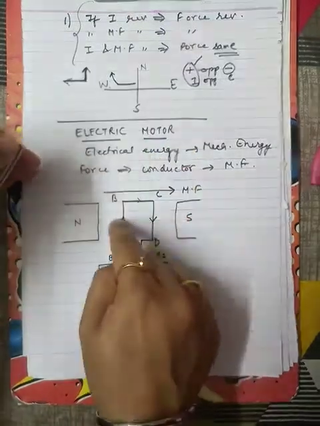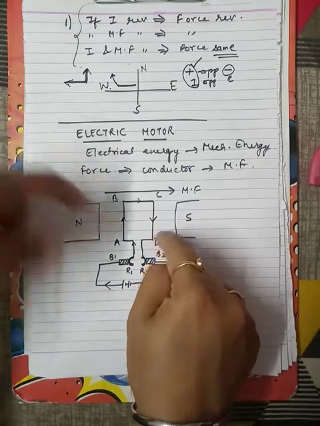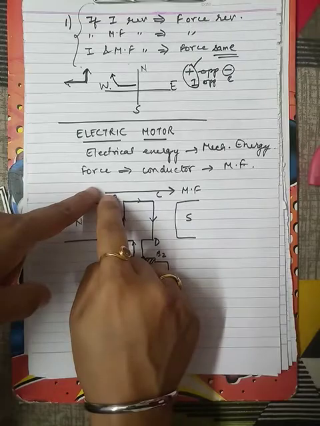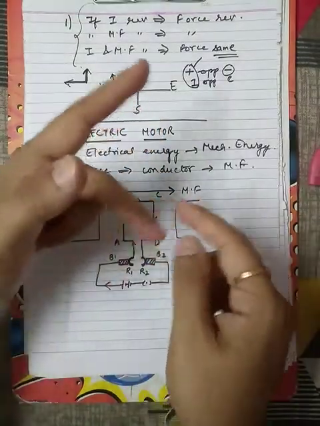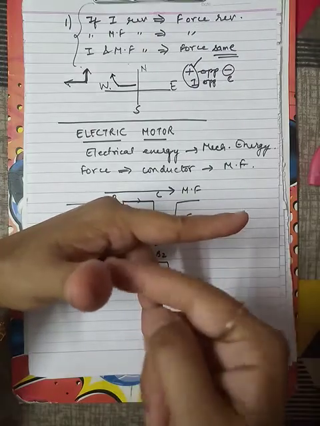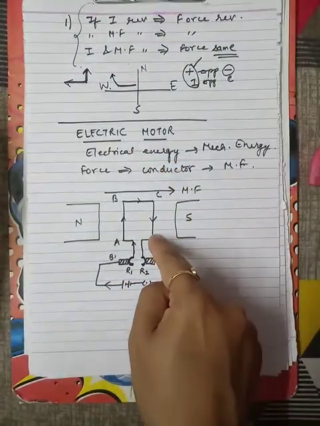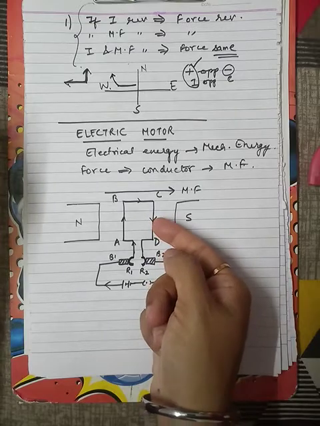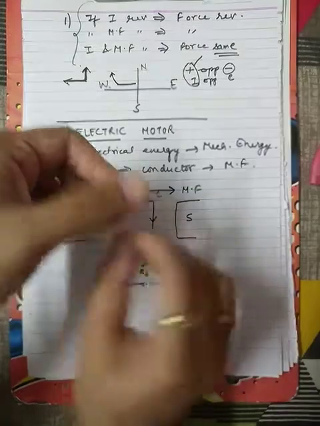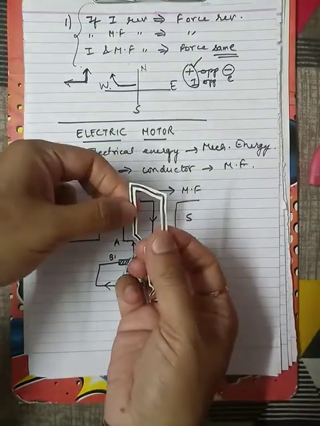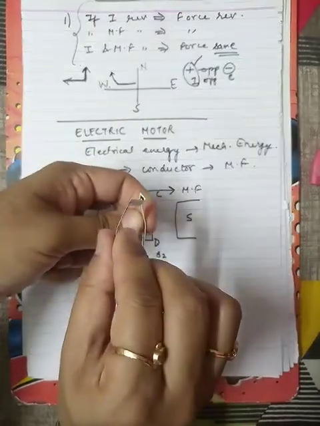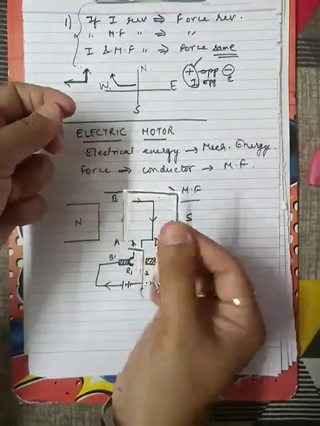Now on the side CD the current direction is reversed, and the magnetic field is like this. So the current direction is like this, the magnetic field is like this. What is the direction of force? It is upward. According to this, the CD side should experience a force in the upward direction and AB should experience it in the downward direction. So this side will move downward and this side will move upward. So it will move like this.